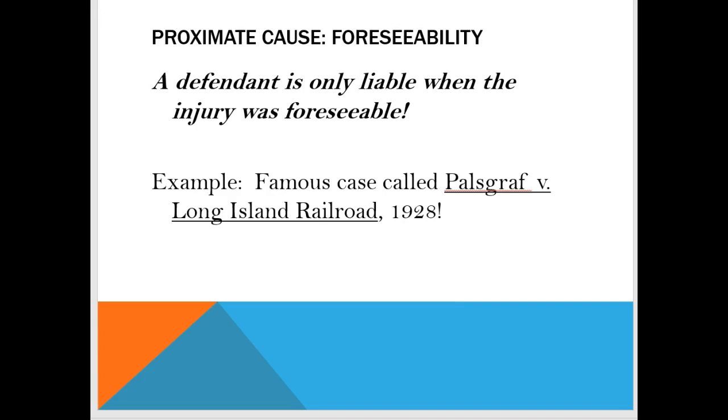And the train conductor didn't know that. So the dynamite goes off and it causes a huge explosion. And this woman who's about 300 feet away at the other side of the platform, some type of clock tower falls and hits her in the head and injures her. So she sues the railroad for negligence. Of course, the railroad has a duty of care. Did the railroad breach the duty of care? Possibly. But what about the causation question? Was the injury foreseeable? This was the case that said probably not. It really wasn't foreseeable that a man was carrying explosives in a package trying to get on the train. So the type of injury that she suffered was not foreseeable, and the train company was not liable.